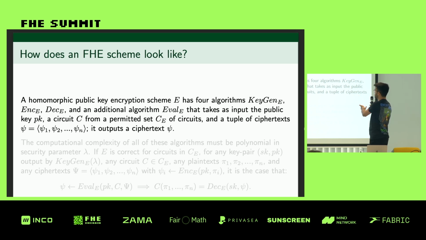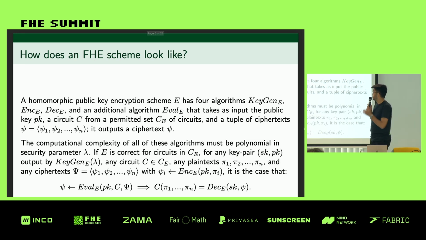It takes a public key, a circuit which we want to apply to encrypted data, and some permitted set C sub E of circuits that we are allowed to perform our functions on. And of course, we are given some ciphertexts, Psi1 to Psi-n, and we will combine these ciphertexts to output another ciphertext according to the circuit that we are dealing with. Of course, the computational complexity must be in polynomial time, and if this encryption scheme E is correct for all circuits in C sub E, for any key pair, we are totally allowed to perform our functions